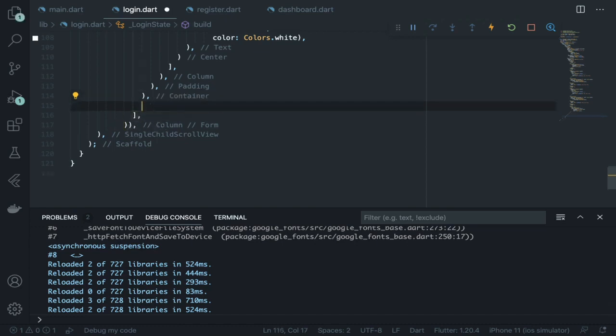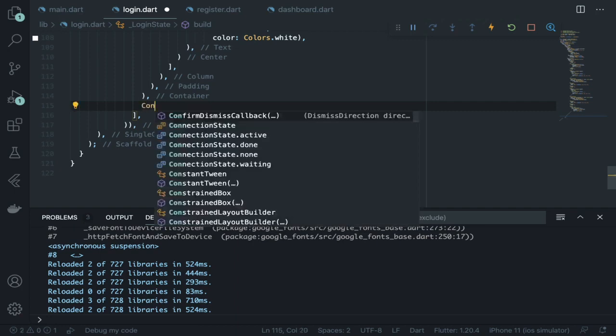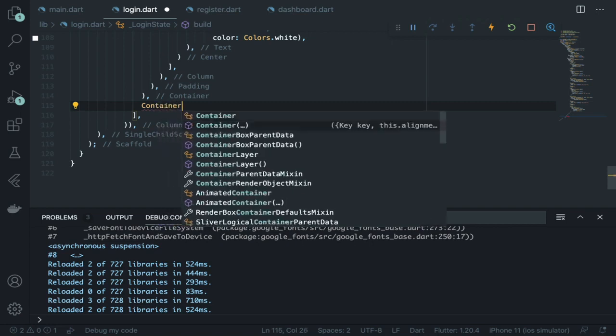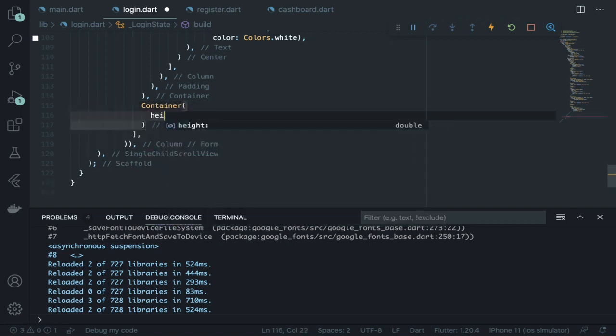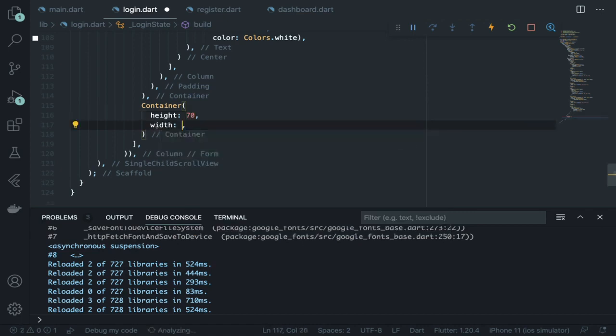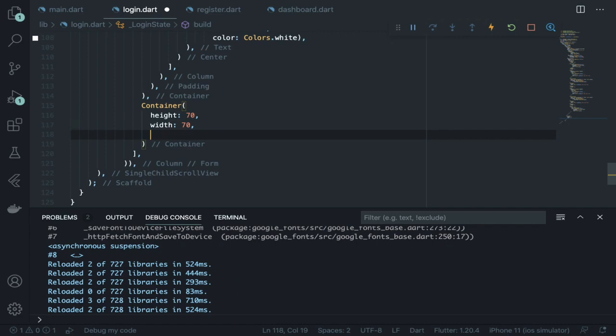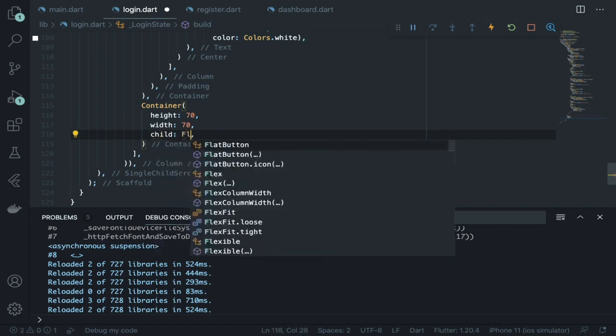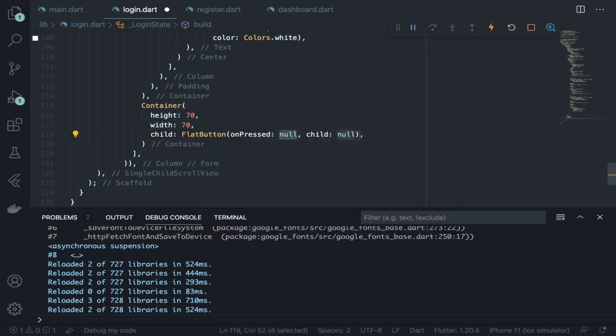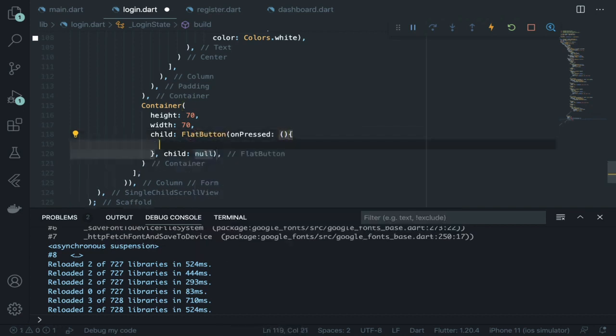Inside my column I can define my button. First of all I'll create a simple container with height of 70 and width of 70, and the child will be my FlatButton. On pressed I'll perform my action, and child will be a simple text